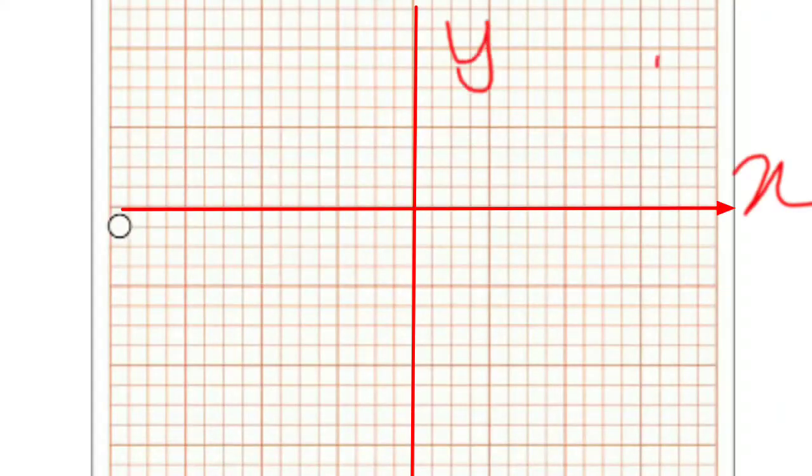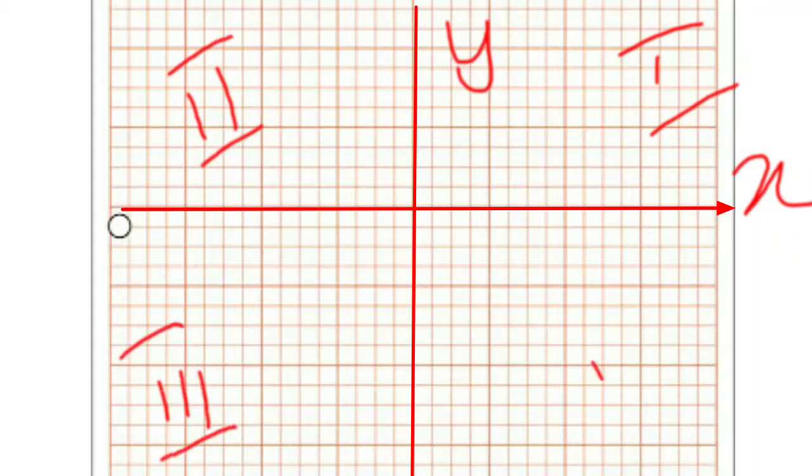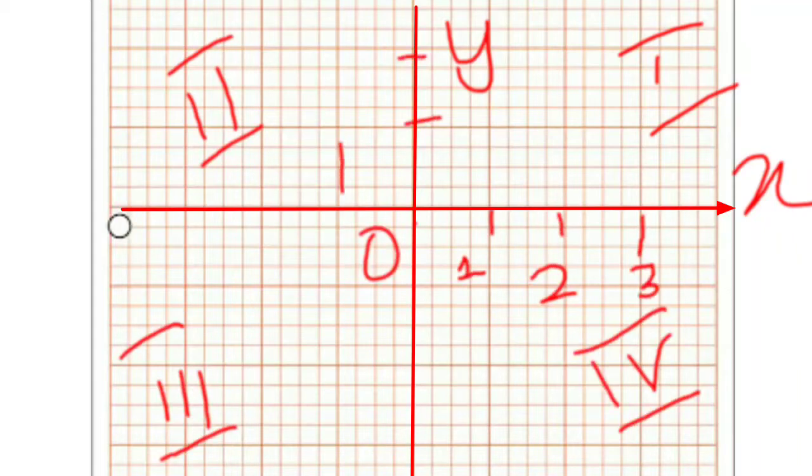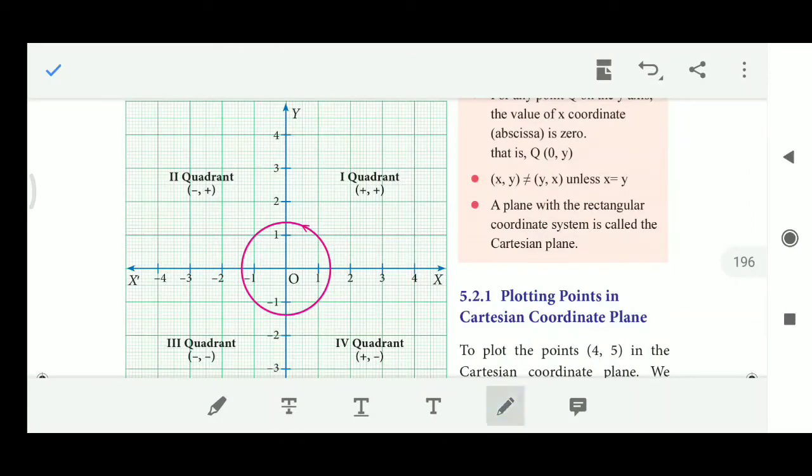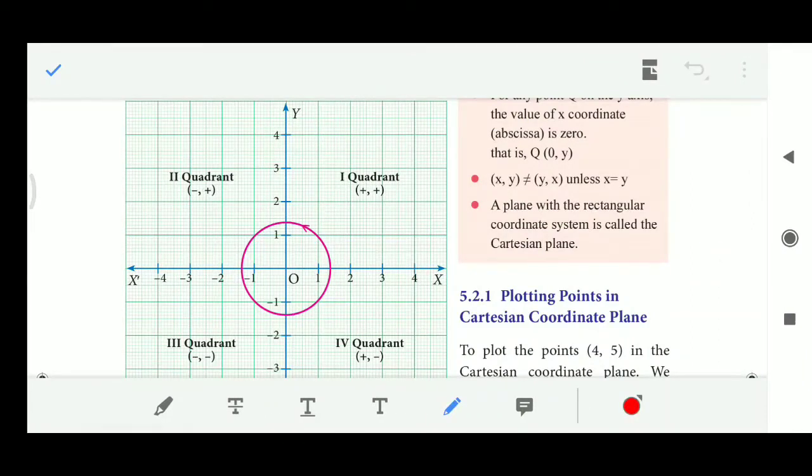First we will see how to plot the points in a Cartesian plane. This is a graph which has x-axis and y-axis. It divides the plane into 4 quadrants. You have to mark the 4 quadrants first, second, third and fourth in anti-clockwise. Here the horizontal axis is called the x-axis. To the right of the origin you have positive values, and to the left of the origin on the x-axis we have negative values. Above the origin on the y-axis we have positive values, and below the origin on the y-axis we have negative values.